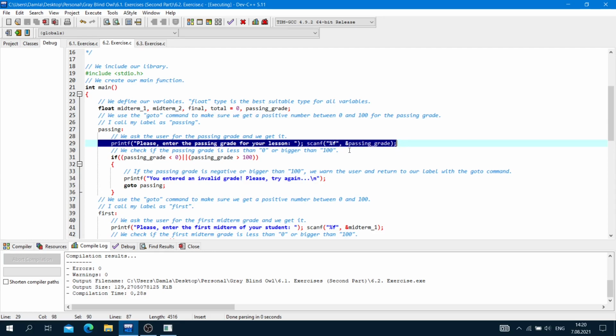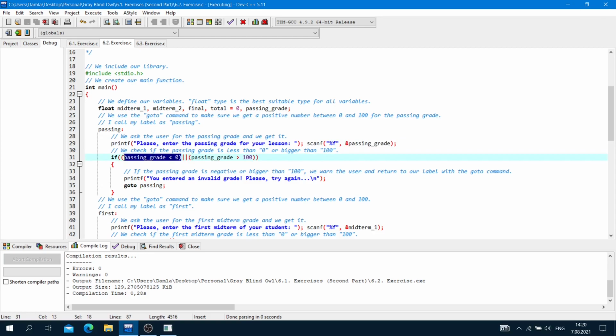Now we check if the passing grade is less than 0 or bigger than 100. If passing grade is less than 0, our first condition, or passing grade is bigger than 100. This is our second condition.